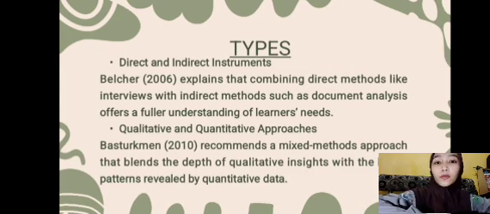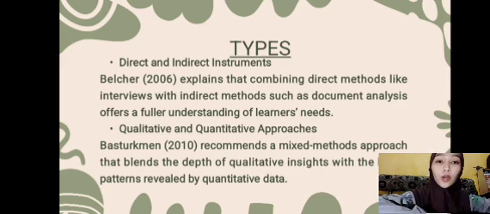Alright, then for the designing need analysis instrument types, it is divided into two. First is direct and indirect instrument. Belcher, 2006, explains that combining direct methods such as interviews with indirect methods such as document analysis offers a fuller understanding of learners' needs.